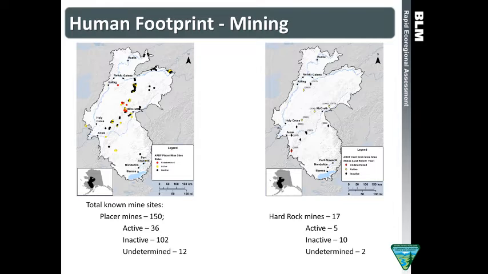This is just an example of human footprint mining, because I selected this slide to show now because many people were interested in mining, and the data on mining. What we're showing here is all the placer mines and hard rock mines that are obtained from the ARDF file that USGS maintains. I picked this for various reasons. One of the big reasons is, as much data as there is in this file, it comes with a lot of different limitations. And one of the big limitations is the date of reported activity, the last reported activity.